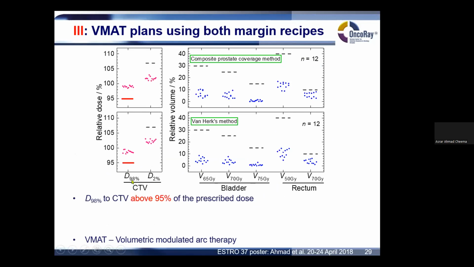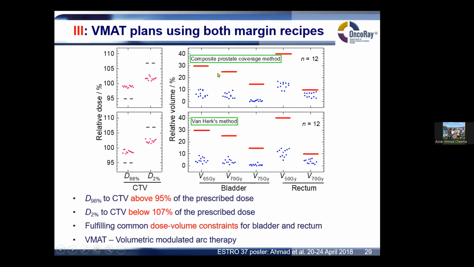So close to 98% of the CTV received 95%, and the dose to 2% of the CTV was below 107%, which is the ICRU criteria for target dose coverage. And using both composite prostate coverage and Van Herk's method, the bladder and rectal dose volume constraints were met during the